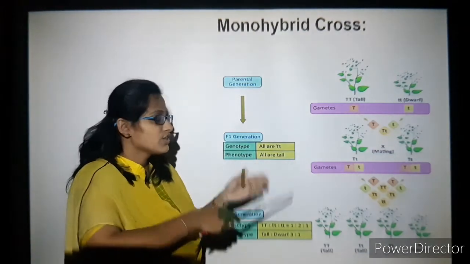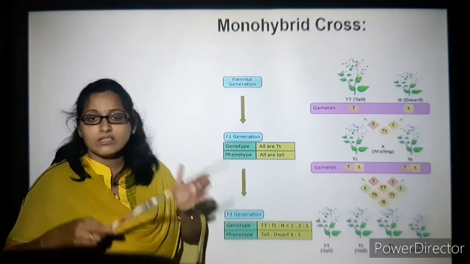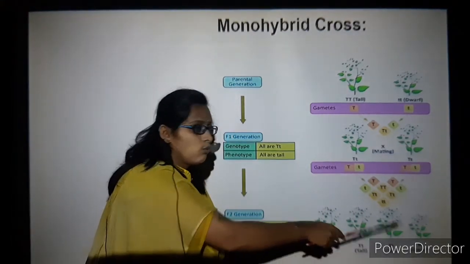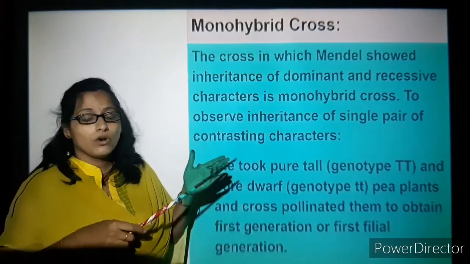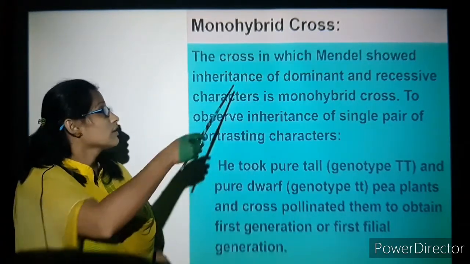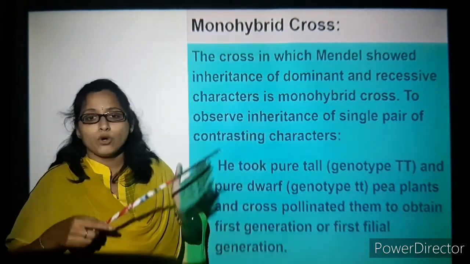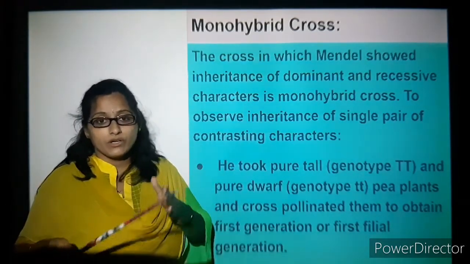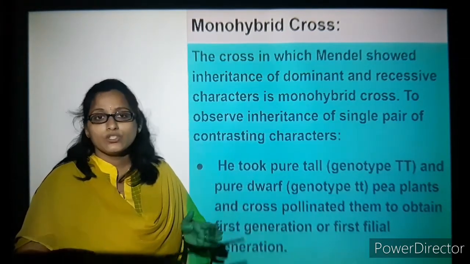Then again you are crossing it with again a hybrid plant which has tallness and dwarfness in it. Then you will get a combination of 3 tall and 1 dwarf. So we will again just know what we have told it before. It is the same here. The cross in which Mendel showed the inheritance of dominant and recessive gene characteristics is known as monohybrid cross, as we saw that tallness is more with respect to dwarfness in the ratio